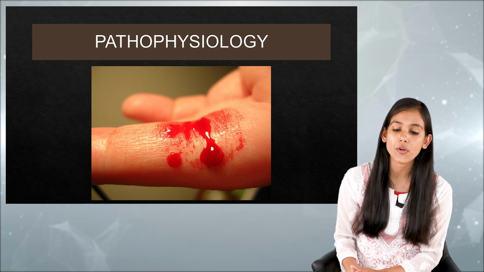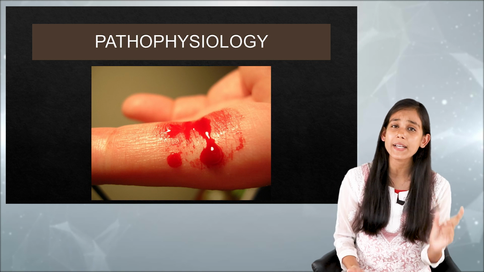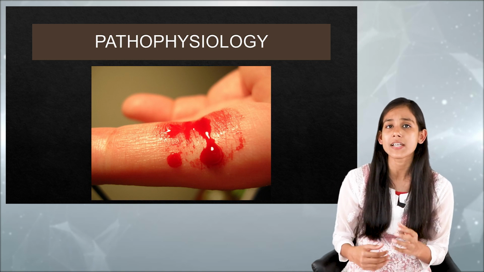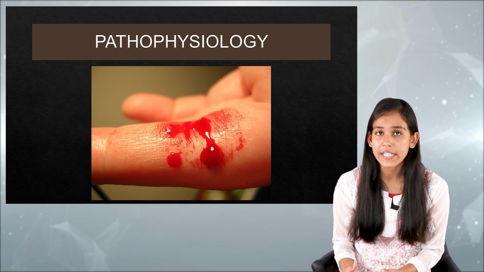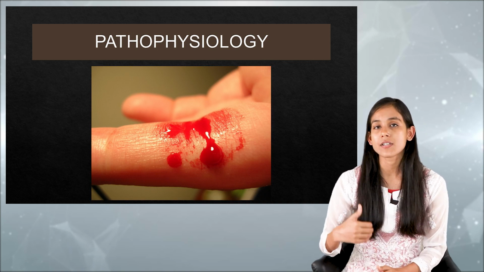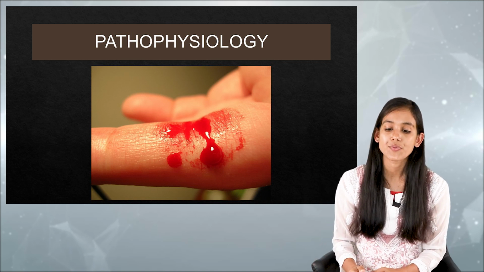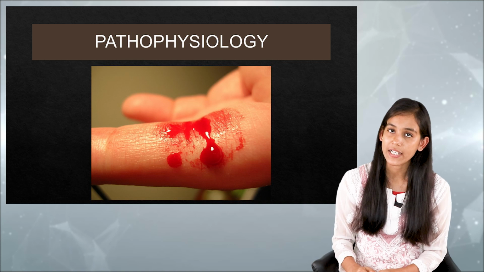So because of that, what would happen? There would be weak platelet plug formation. Now, if the platelet plug is weak, then definitely that would allow more bleeding to occur, right? That won't stop the bleeding. And then there would also be an incomplete or delayed fibrin clot, which would again allow the bleeding to continue.